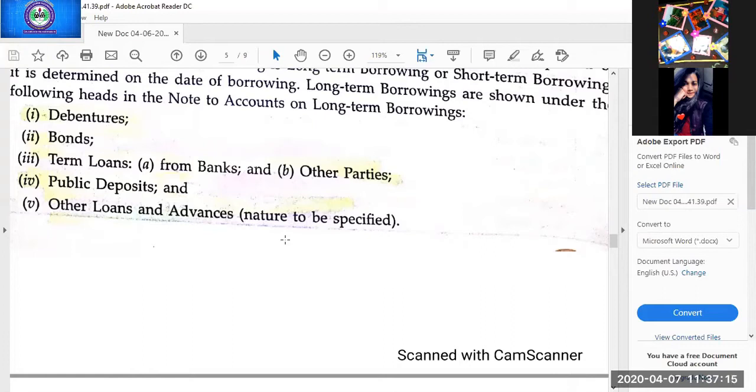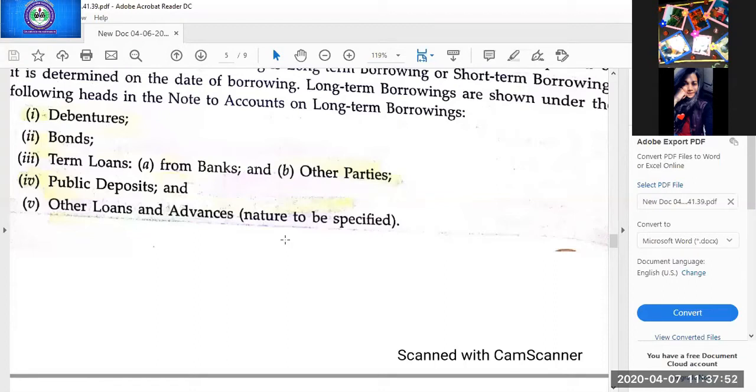So debentures, you know all these things very well, because in business studies, sources of business finance, you all have studied all these instruments theoretically. Debentures, bonds. Let me clear the difference between debentures and bonds. Debentures you all know very well, I think. In debentures, you have studied that a rate of interest is always associated, like 10% debentures, 9% debentures, and that rate signifies the interest to be paid on those debentures. But in bonds, no rate of interest is given along with the bond. So in debentures, rate of interest is given, and in bonds, no rate of interest is given.